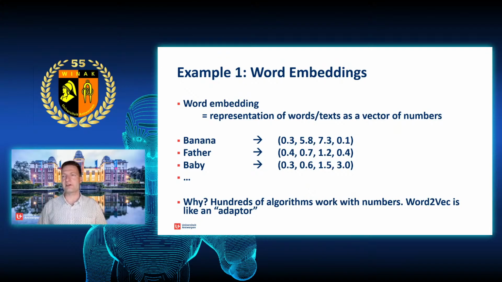So you can see word embeddings as some kind of adapter. Say I want to make a classification of text. Is this a happy text or a sad text, a positive text or a negative text? I can run the words through my word embedding software, I will get coordinates for these words, and then I can use any technique, for instance a linear classifier. Because now I'm working with numbers, that's much easier than working with words. Of course, it's quite easy: you just randomly assign numbers to the different words, you remember them, and then you can reuse them.